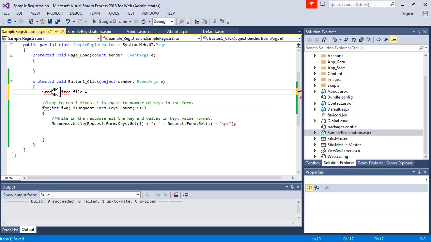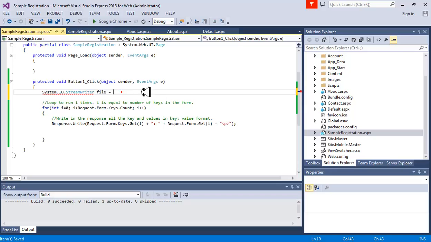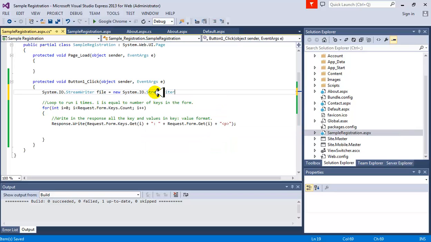It will give you some suggestions. Resolve System.IO.StreamWriter. Click over it, and then you see file is equal to new System.IO.StreamWriter. Take the suggestion, and then here add